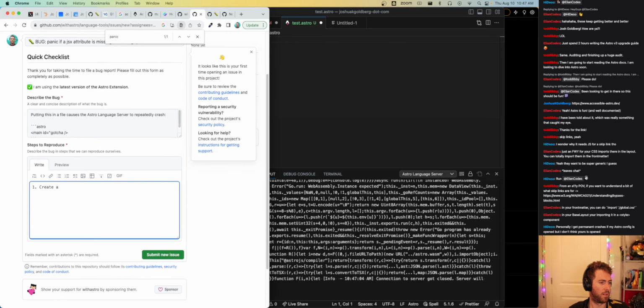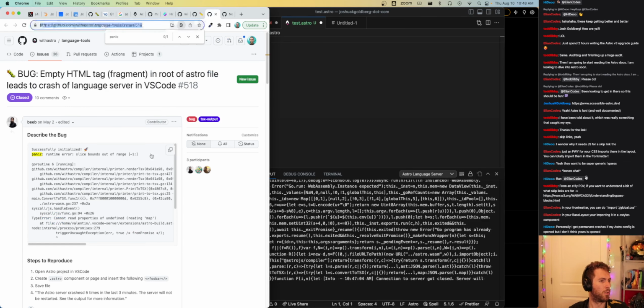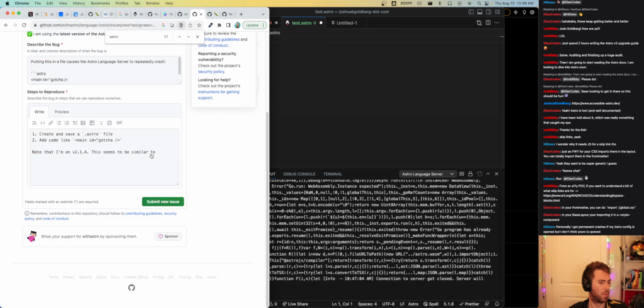Create and save a .astro file. Add code like this. Note that I'm on v2.1.4. This seems to be similar to this.